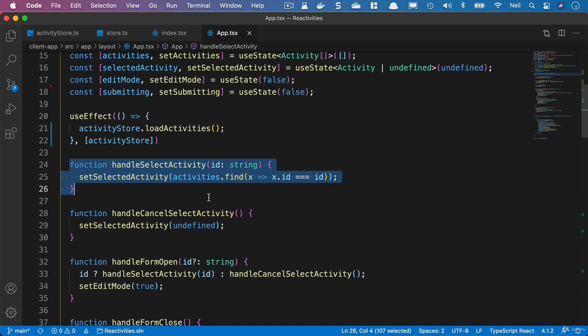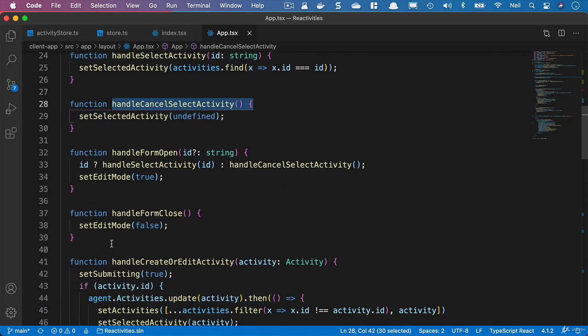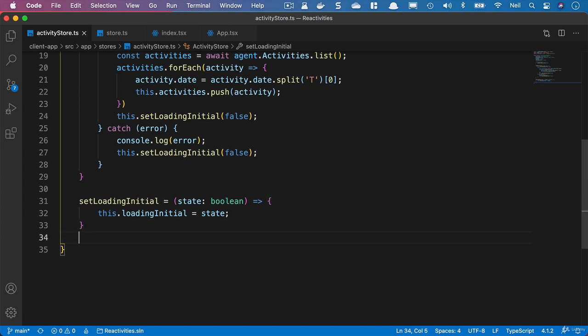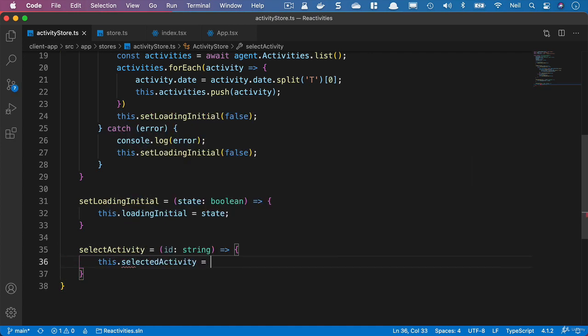Now we're going to get the activity we're selecting from our activity store, and we'll also add the cancel action inside there as well. And what we'll also do is create the functions to handle the opening of the form and the closing of the form as well. So we'll head to the activity store, and below the set loading initial we'll add an action to select an activity, and we're going to take the ID of the activity, which of course is a string, and inside here we'll say this.selectedActivity is equal to